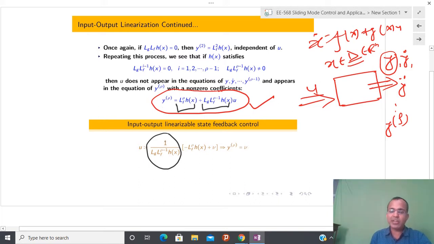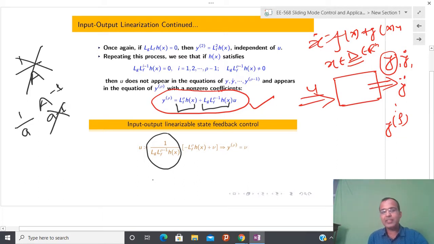Whenever you have a scalar, you can write p by q plus. But please be careful: if you have a matrix A, do not write 1 by A. This is the wrong notation. If A is a matrix, then you have to write A inverse. But if you have a scalar quantity a, then most of the time people write 1 by a. We avoid that notation for matrices. In this way one can distinguish between a scalar and a matrix. Okay, anyone has confusion on this?